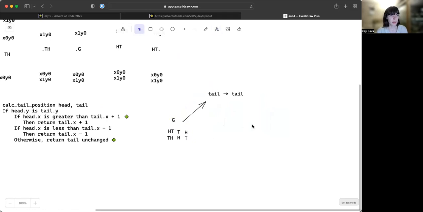Now we've also got, and these are different. These result in